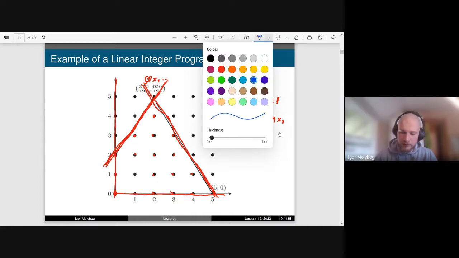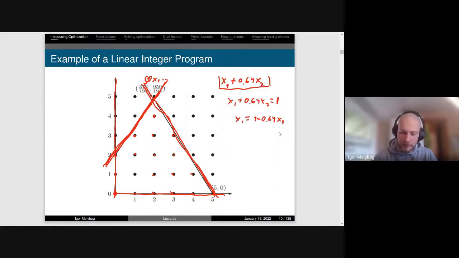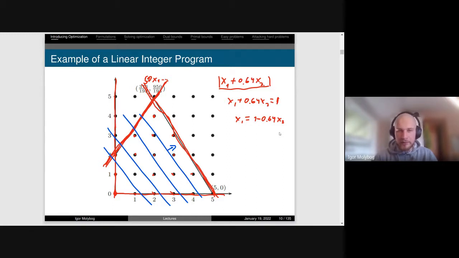So our level sets would look like this, and we are trying to push